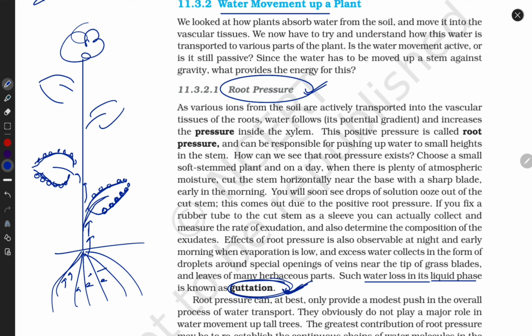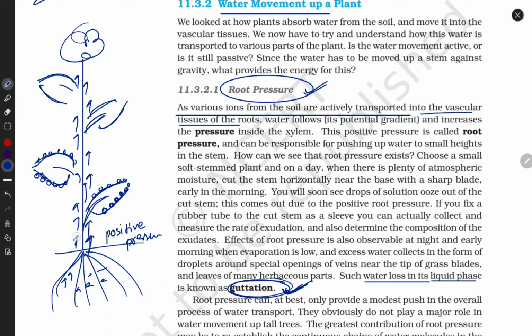Okay, in this pressure, they cause positive pressure towards the root. So the root pushes water upward. The root makes a pressure and pushes the water upward, and each and every part of the plant gets water by this root pressure. Okay guys, various ions from the soil are actively transported into the vascular tissues of the